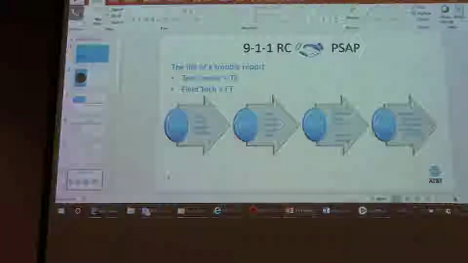Once the 911 Red Center has this ticket, like I said, they're going to triage with other centers to determine: is this a network issue? Is this a CPE issue? They're going to get the dispatch out for the field tech, that type of thing. And they're going to be monitoring this. Motorola is monitoring this. AT&T is monitoring this. And the Red Center is doing some monitoring. It's isolated, but it's some.